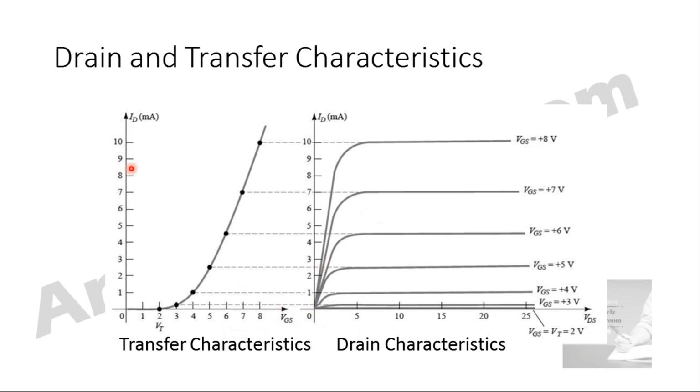Now I am going to extend these lines towards my left to draw the transfer characteristics. This transfer characteristic is drawn between VGS and ID. Only when the VT voltage is attained does your curve start to increase. Till then you have the value as 0, even though your VGS is increased. So this is the transfer characteristics of the enhancement MOSFET.